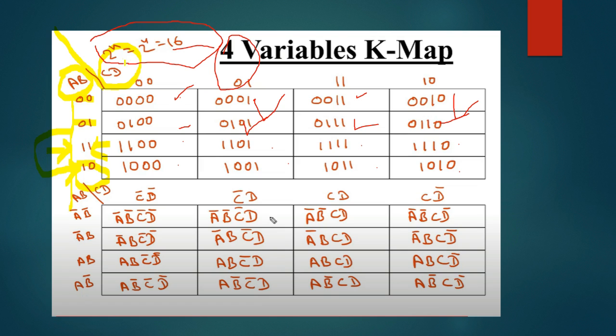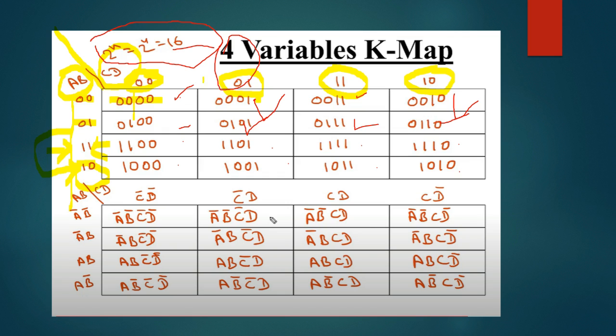The same goes for this one as well. 00 first we have written, then we have written 01, and after that we have written 10, and in between we have written 11. In the same manner we have filled all the places. What about this cell? What is the value of this cell? This cell holds a value of 00, you can say 0000. Why is that? The first 00 is actually the value of this AB. The second 00 is actually the value of CD.